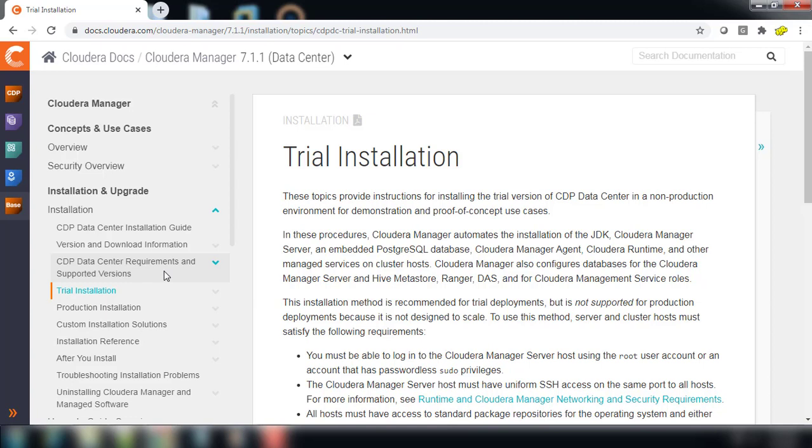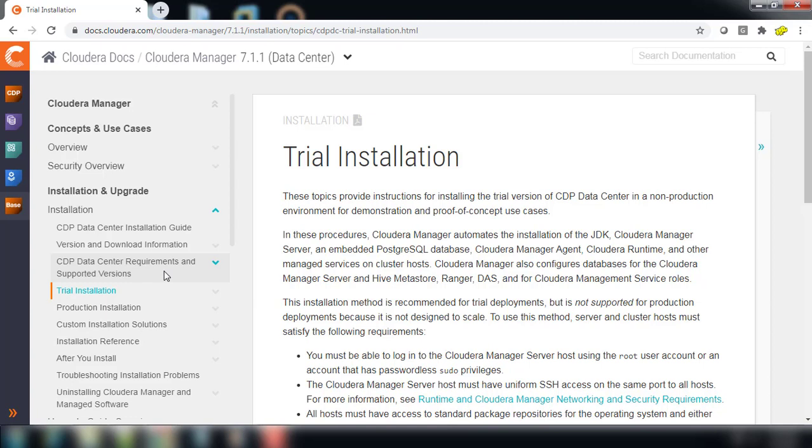After this merger, the two products have come together, choosing the best from both, and were released as a new product called Cloudera Data Platform, or CDP. If you look into CDP, you can see the components from Hortonworks as well as the Cloudera distribution.